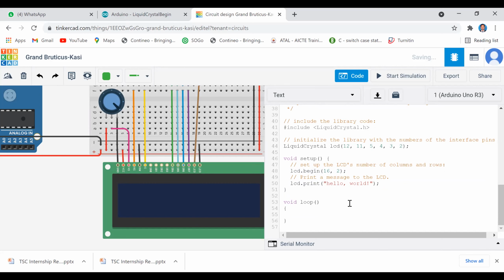How many times will this program display my hello world? Anybody can tell me how many times this particular program will display hello world? Any idea?